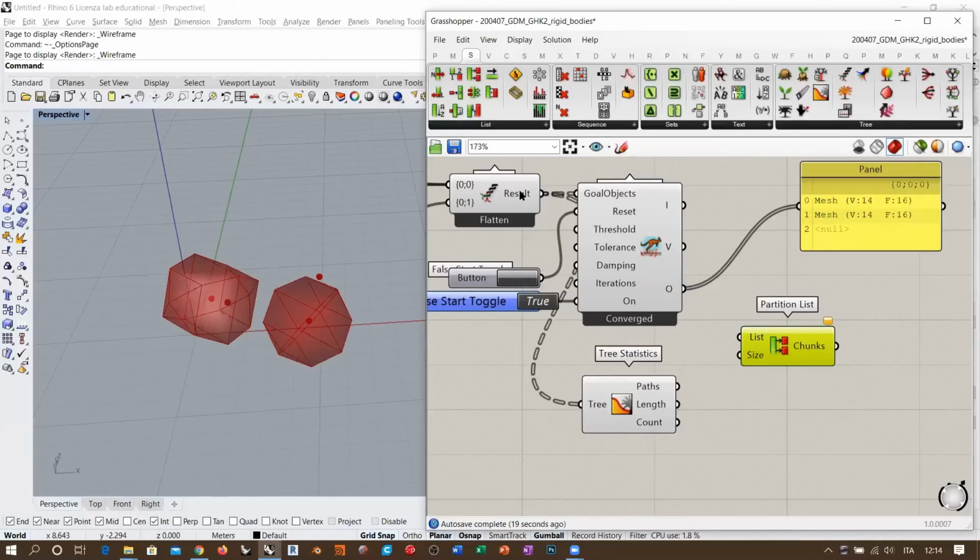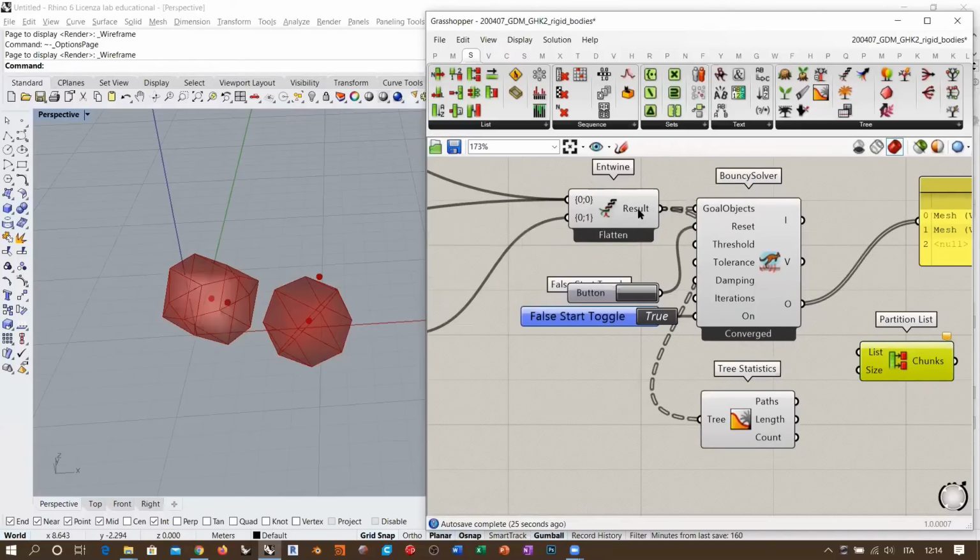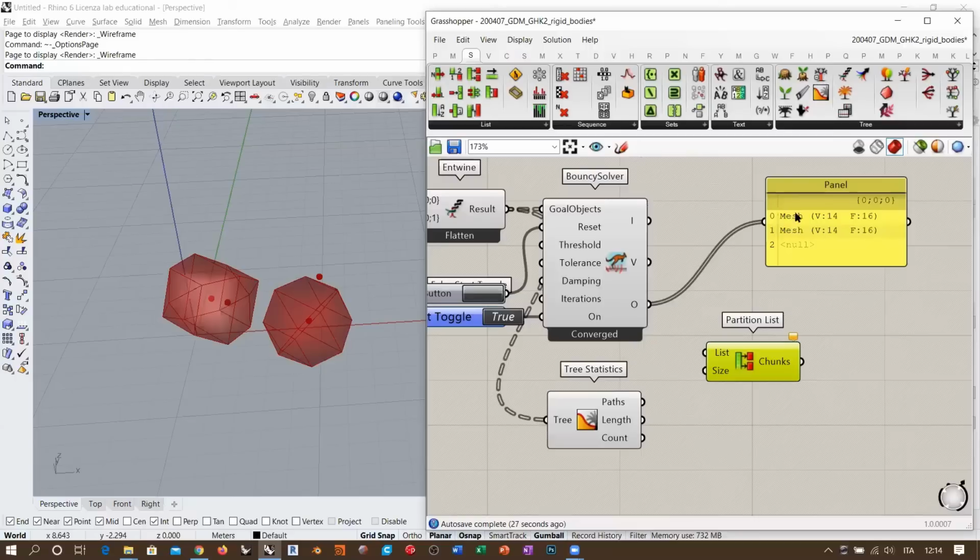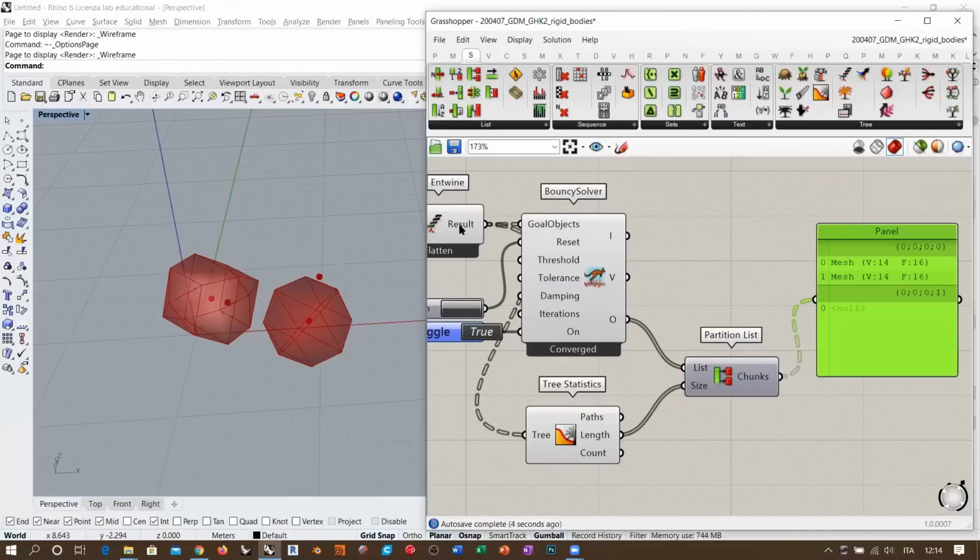So if we have the first branch here containing the two meshes, and then we have the second branch with the non-geometric goal, we will have the first two meshes here and then the non-geometric goal which converts into a null object. So if I do this and use the length as size, now we get back to our data tree, okay, exactly as it was before the